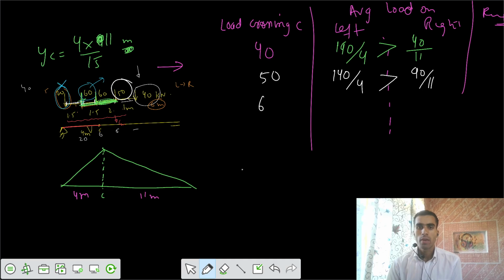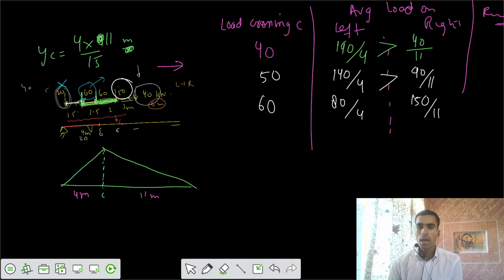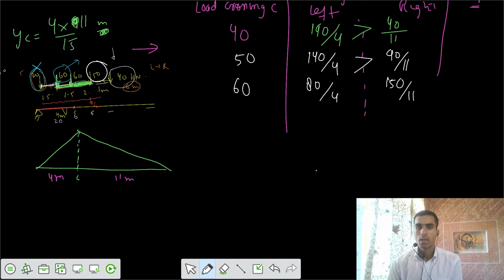Now, when the 60 kilonewton is passing, from this side we have 90 plus 60, that is 150 kilonewton per 11 meters. And from this side we have only 80 by 4, and I think that is still greater. That is still greater. Now if we take one more load, that second 60 kilonewton,